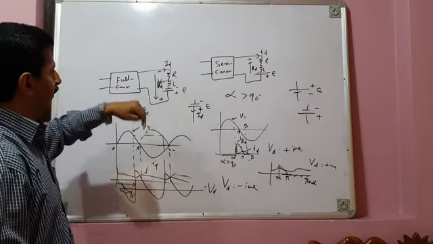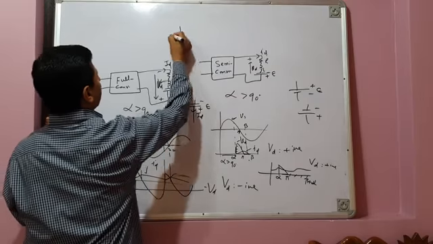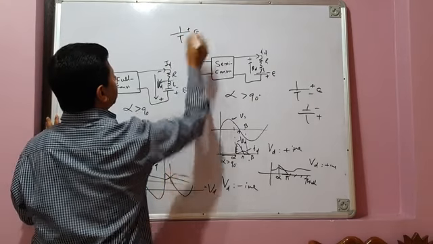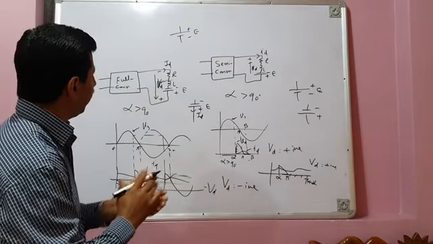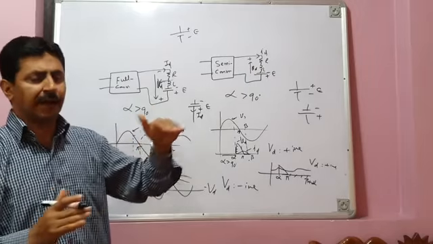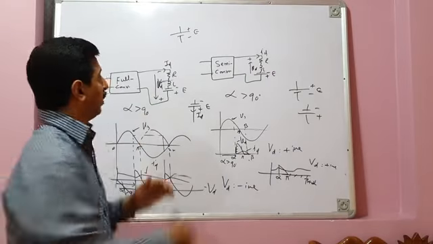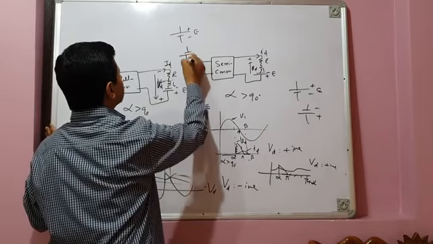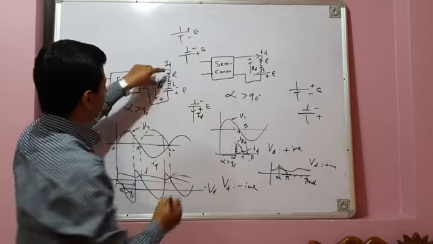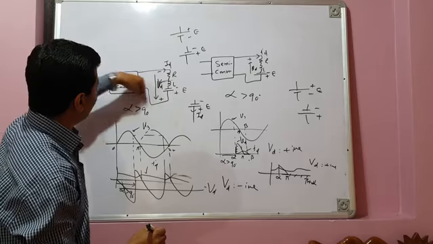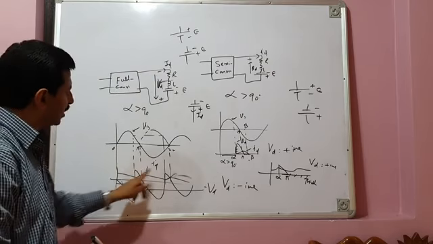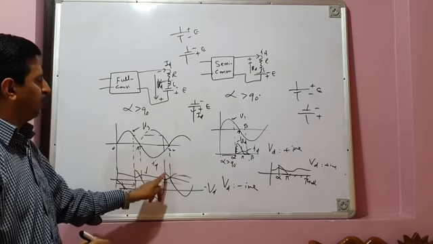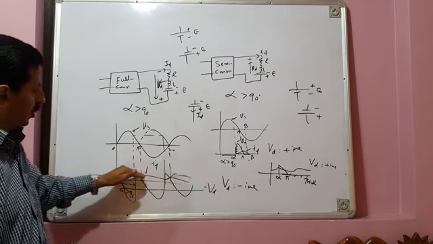Whereas for a full converter, if E has this polarity, it may make current discontinuous, as we have seen in the previous case. And making current discontinuous means average output voltage will be positive. But if you reverse the polarity of this load EMF, as I have done here, this supports the flow of current for a longer period. So current becomes continuous, and because of continuous conduction of the current, the negative voltage segment will be much larger than the positive segment of voltage.